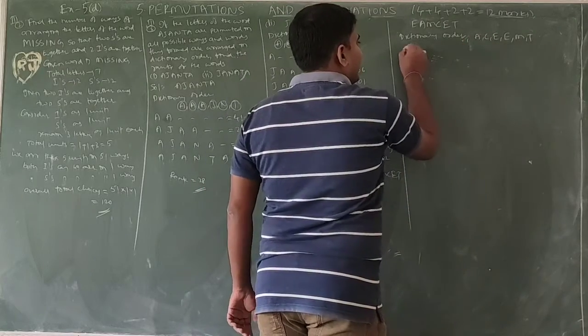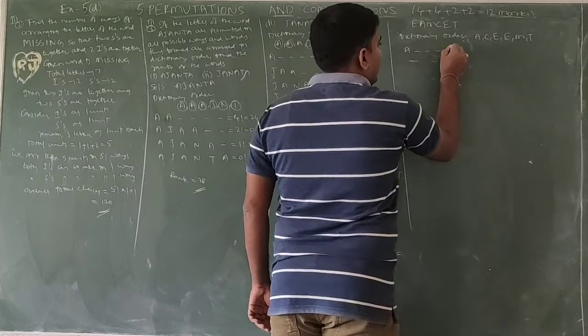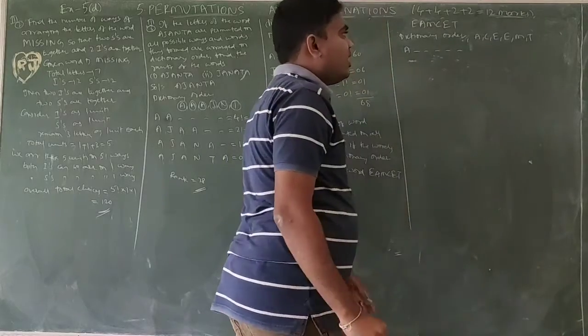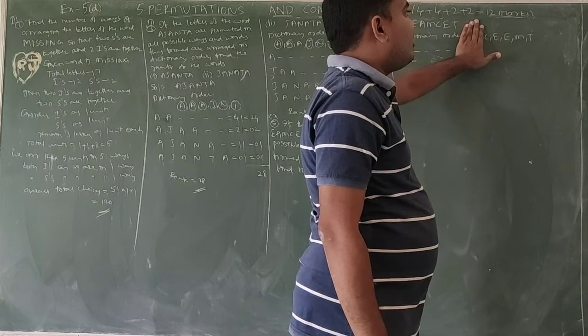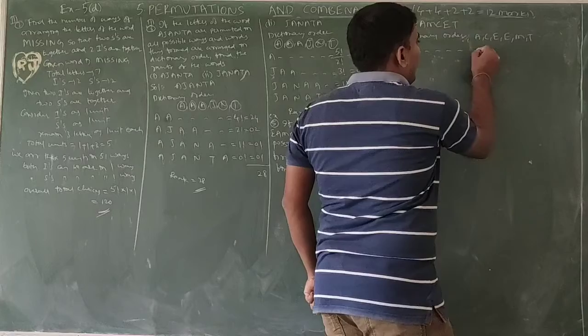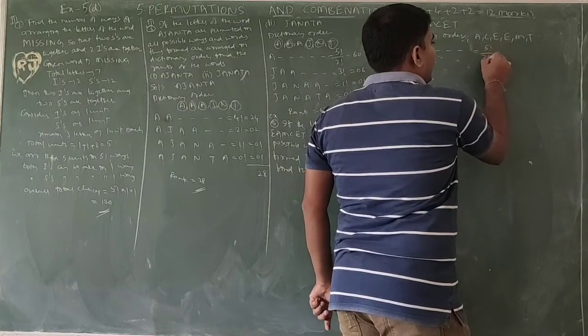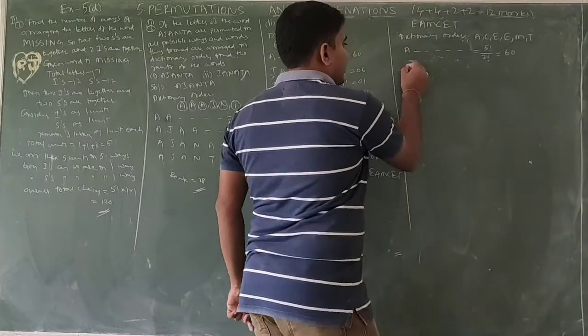So these letters are started with A. Since initially it is A, so it is not A. So 1, 2, 3, 4, 5. So other than A, remaining 5. So if you observe other than A, 5 letters, whether it is same, E is same. So that's why 5 factorial by 2 factorial, 120 by 2, 60.